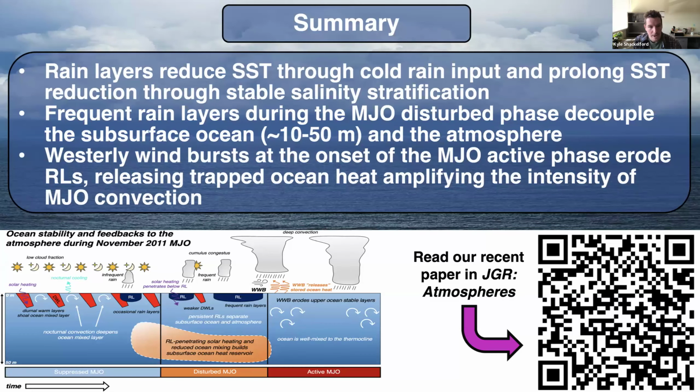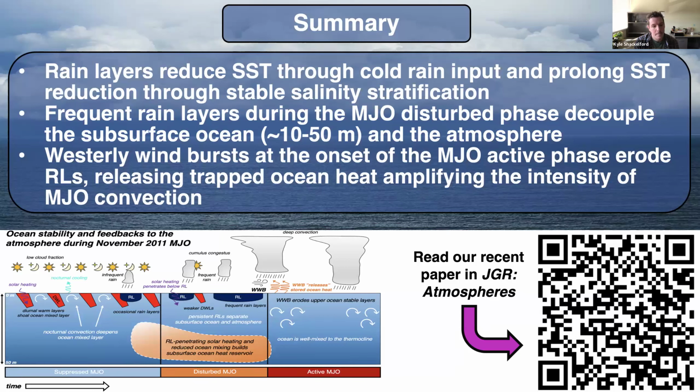And so with that, to wrap this all up, rain layers reduce SST through cold rain input and prolong SST reduction through stable salinity stratification. Frequent rain layer presence during the MJO disturbed phase effectively decouples the subsurface ocean from the atmosphere above, allows the subsurface ocean to be heated by penetrating shortwave radiation, and for that heat to accumulate and build